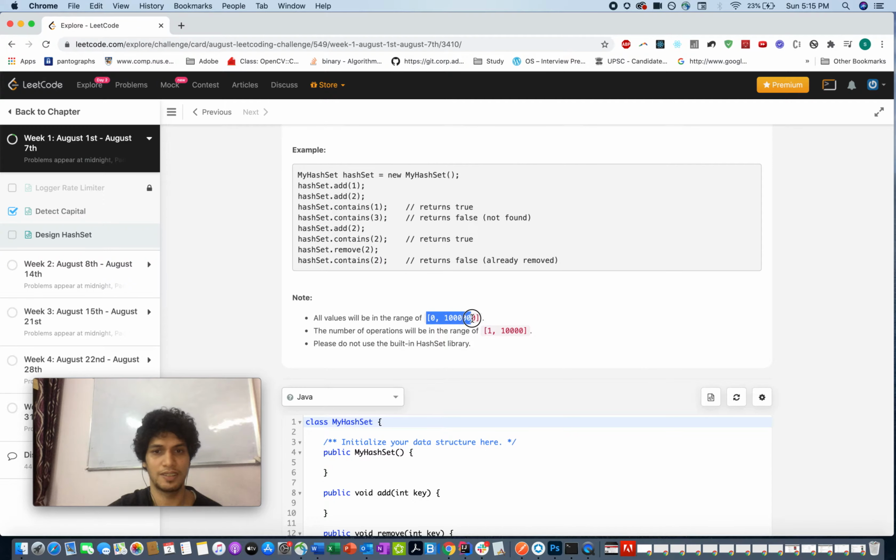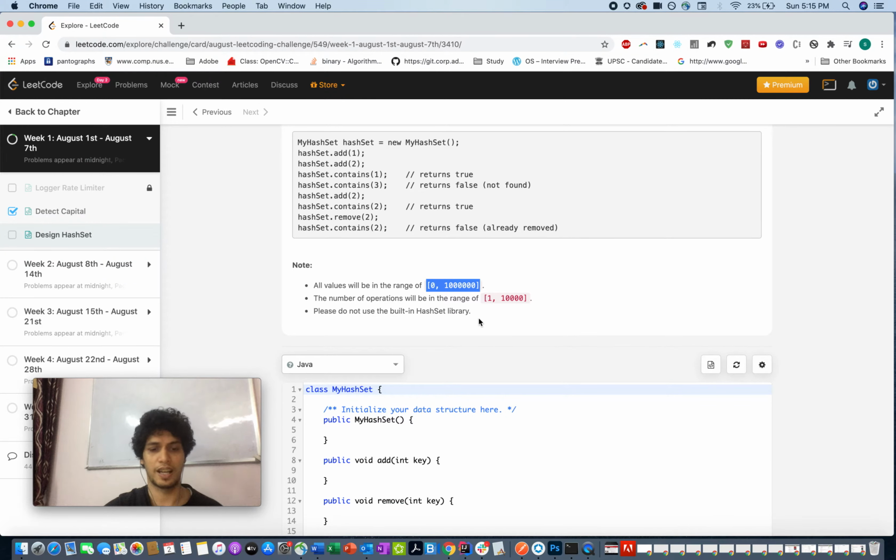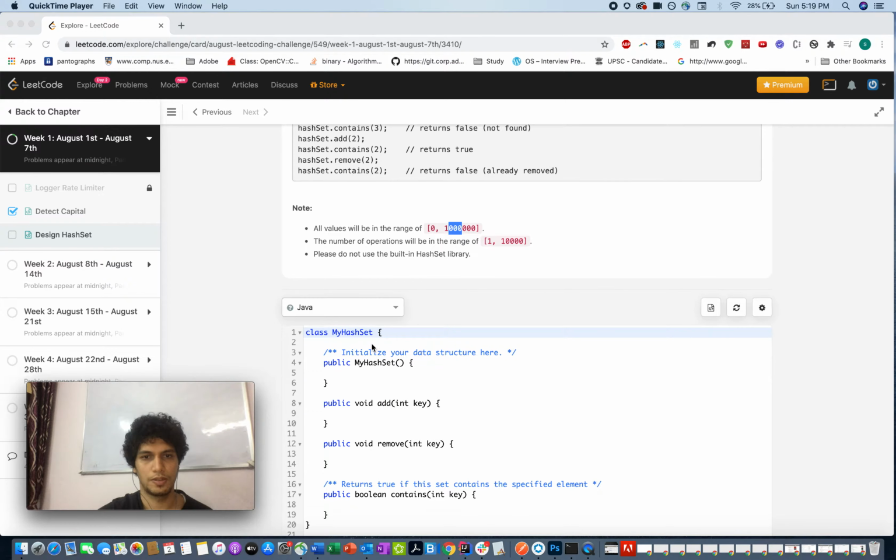So the first solution that I think of could be a data extensive solution wherein I define a Boolean array of size up to this value. So you declare a Boolean array of maximum size of 1 million, and whenever you want to add an element with respect to a particular key, you just toggle the value from false to true, and whenever you want to remove that value, you just update the value to false.